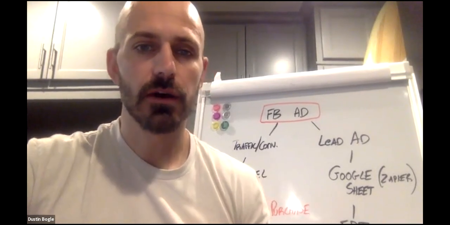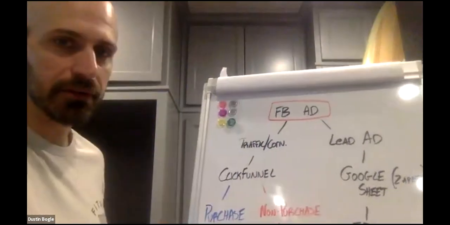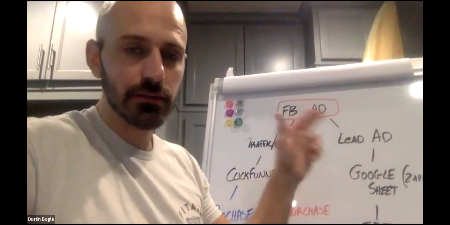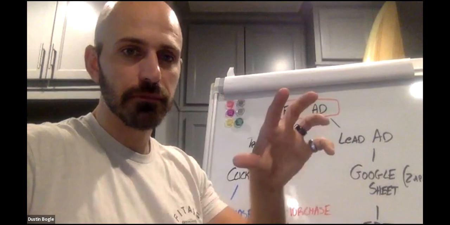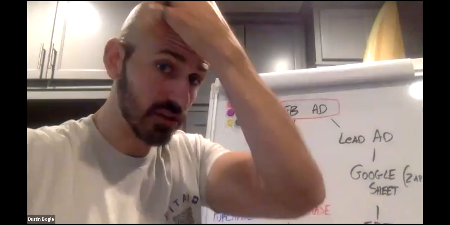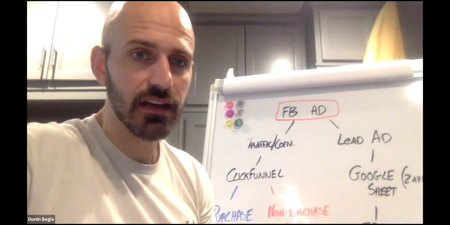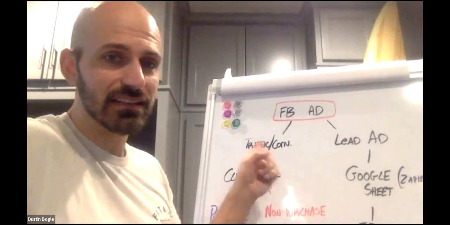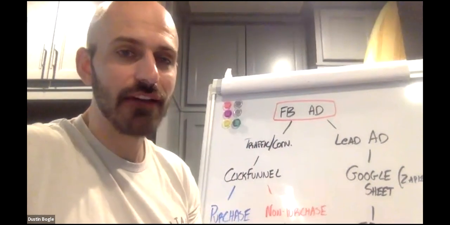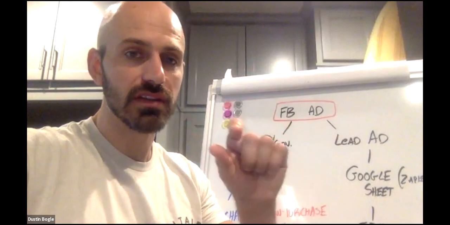So let's go now, guys, to a purchase. I built out a different type of ad, because with a lead ad you can't get someone to purchase, since they just put their info in and click submit, and then it brings them back into their Facebook feed. You could set it up to take them to a website, but normally that doesn't lead as well to sales. So what leads to sales is running traffic and conversion ads. A traffic ad is literally you just trying to send volume to a website, and that's what you tell that ad to do.